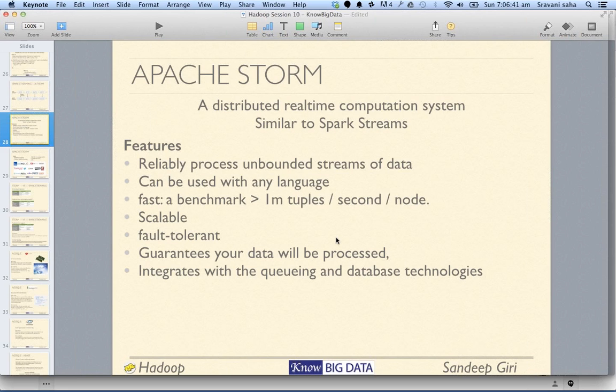So for those kinds of scenarios where you have a lot of data coming in at a fast pace and you have to show in real time what is going on, in those circumstances, other than Spark's streaming library, Storm comes very handy. If you do not want to install Yarn and you do not want to install Spark, Storm is your solution in those cases. It is basically to reliably process unbounded streams of data and can be used with any language. It has got a fast benchmark